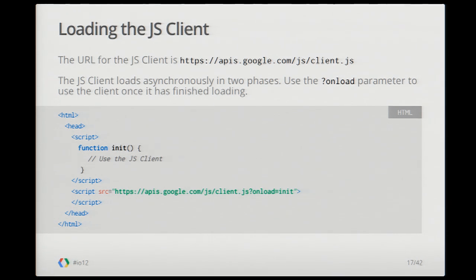OK, so now that we've done that, we're ready to use the JS client. Well, to load it, the URL is https://apis.google.com/js/client.js. Now, the way the JS client loads, it loads asynchronously in two phases. We do this, obviously, so that it doesn't block your page and make performance terrible while you're waiting for the page to load. But this also means you need to know when the JS client is actually loaded and